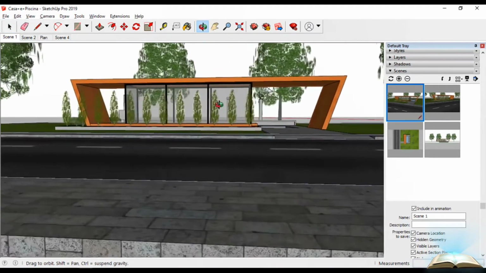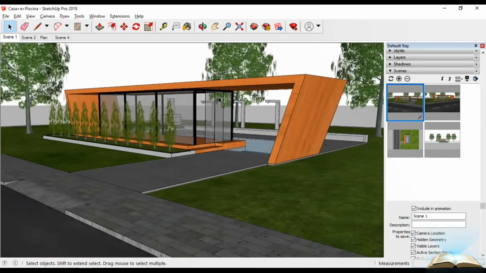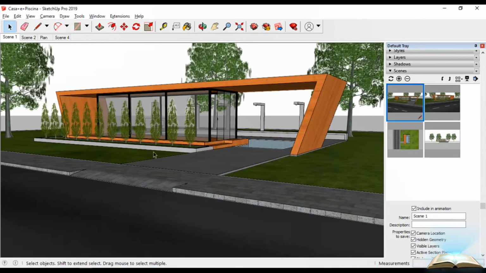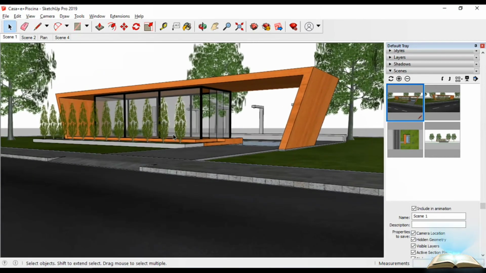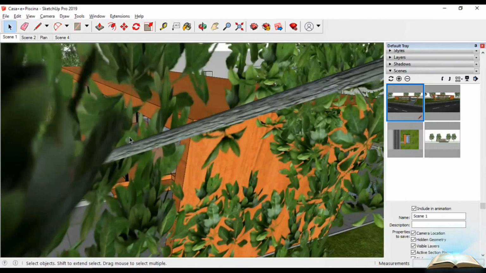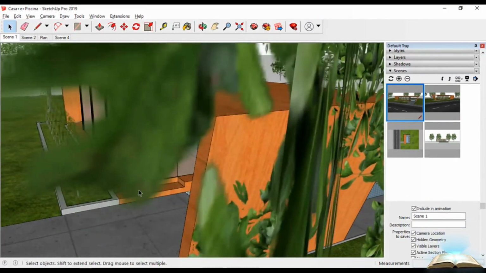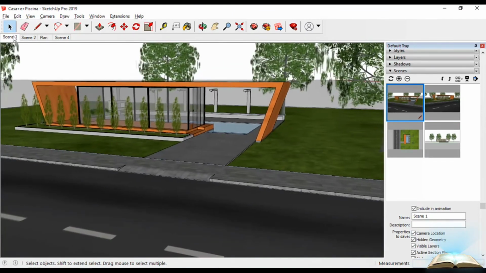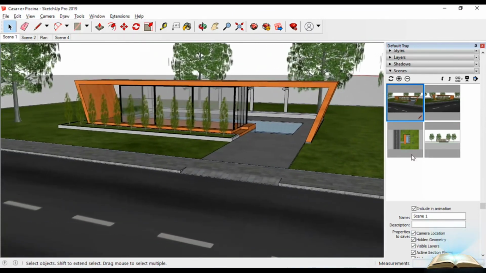For 3D renderers, the people who are going to do rendering but in between want to make some changes: if I want to take this angle as a rendering, and I want to add some furniture here, I will add a scene here, then quickly add furniture to the interior of this model, and then I will just click on this and revert back to this particular scene and render it whenever I require.